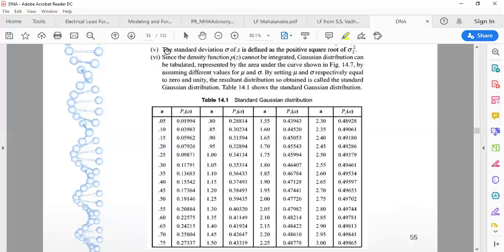This is nothing but the standard deviation. Once again, we know that variance is sigma squared. So standard deviation is nothing but the positive square root of variance. It is a vice versa kind of thing. Once we have a value of variance, we can easily obtain the value of standard deviation; it is the positive square root of it. And this is the standard distribution curve. If we plot the probability function against the actual value, we have a bell shaped curve, which is known as the Gaussian distribution curve.